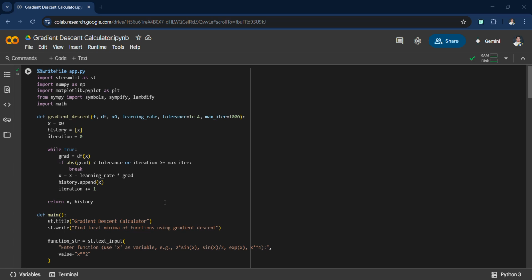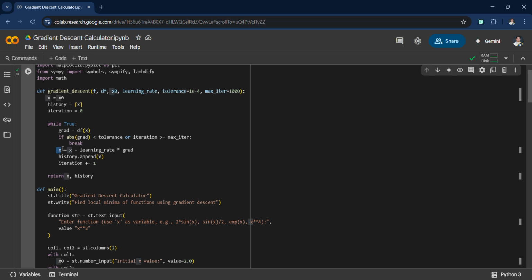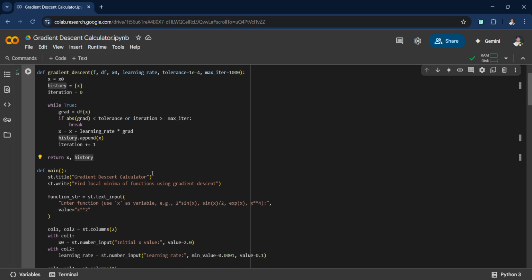The next is the gradient descent algorithm. It updates the x position: x equals x minus learning rate times gradient. It stops when the gradient is near zero or the max iteration is reached, and it tracks the optimization path for visualization.